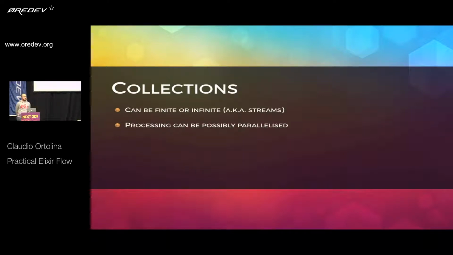We are particularly interested in collections where processing can be parallelized. So whatever you need to do with them, basically you have the idea that you have to perform a calculation, whether it's just a single value out of it at the end, or a sliding window calculation, so emitting values over time. Anything you can think of, where parallelization becomes pretty much the only way you can make it faster.